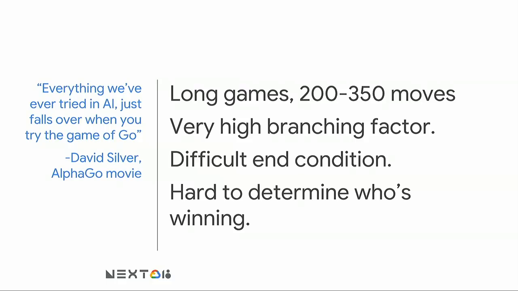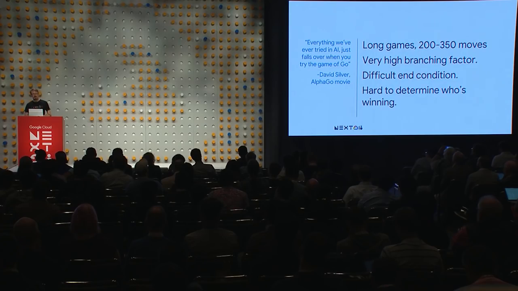The games are really long. The end condition is really hard to describe. So with Go, with chess, when the king is captured or checkmated, the game is over. And everybody can see and agree this game has ended. With Go, the game is only over when both players agree that there's nothing left on the board worth contesting. This is pretty difficult if you're trying to teach a computer how the game is over. And in fact, just scoring the board, just knowing that it is time to score the board, is a really